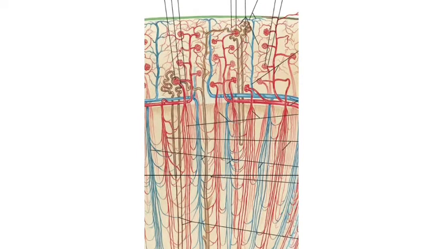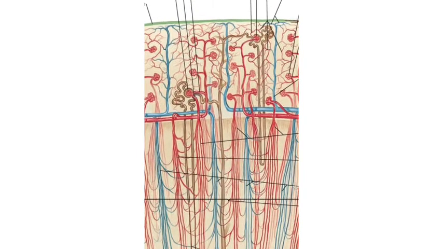For better understanding of the arterial supply, we have to look into detail, and we have to consider three types of glomerulus that lie in the cortical arches. One is the cortical glomerulus or superficial cortical glomerulus. Next one, deeper cortical glomerulus. Next one, juxtamedullary glomerulus. We will see one by one.